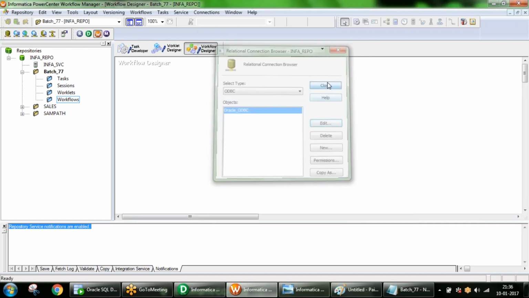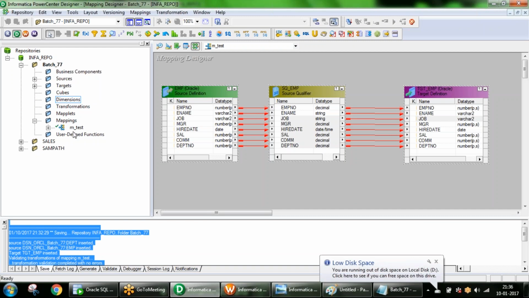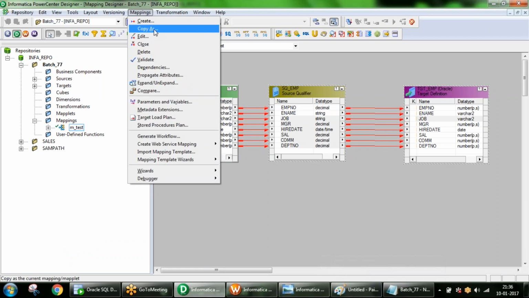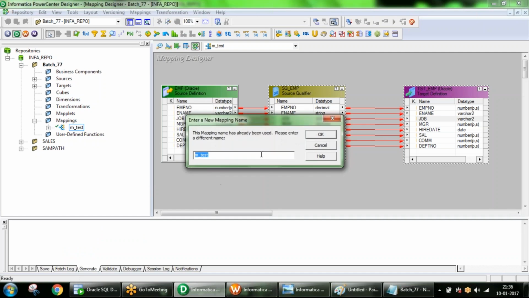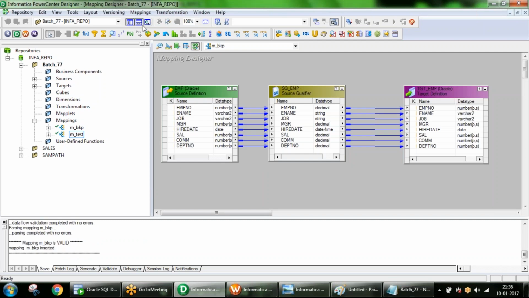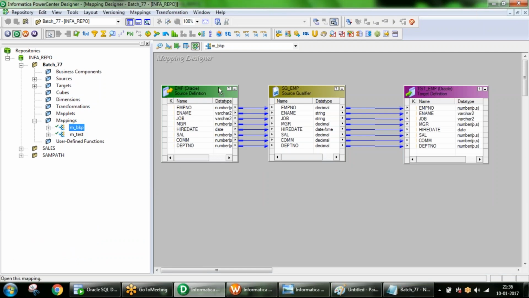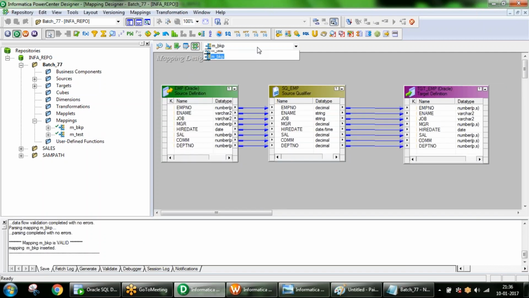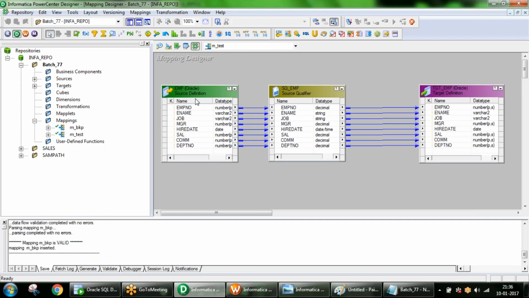Also, I am going to create another mapping actually. I already have one mapping, right? If I want another, I can create one, simply using copy as. So for m_score you can give some other name. See, I have two mappings here. If you want to open another mapping, just drag and drop. Or if one is already open, you can select from here to here to change. If it's a new one, simply drag and drop, and the old one will be automatically closed and the new one opened.